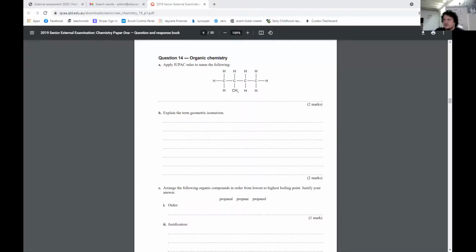Good. Okay. Too many screens these days. So